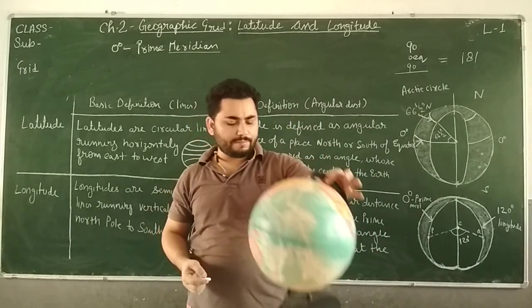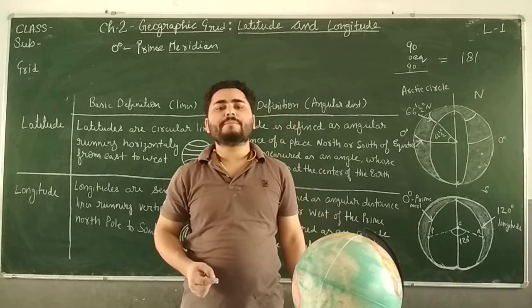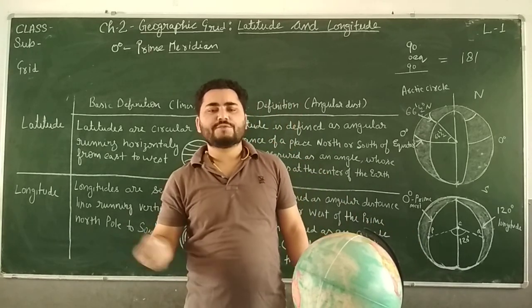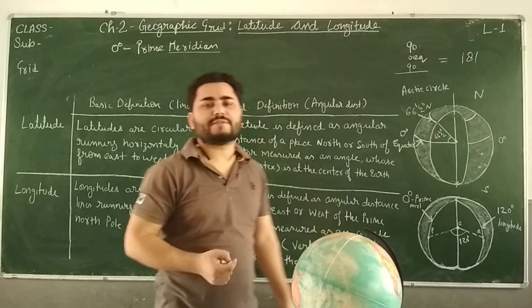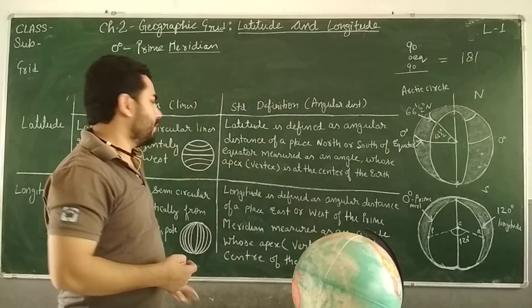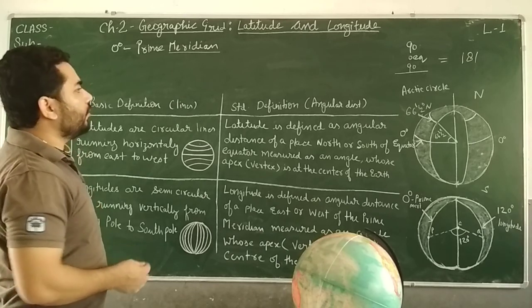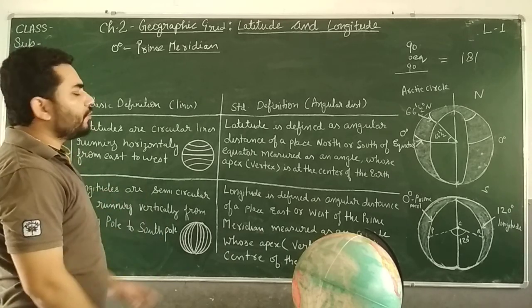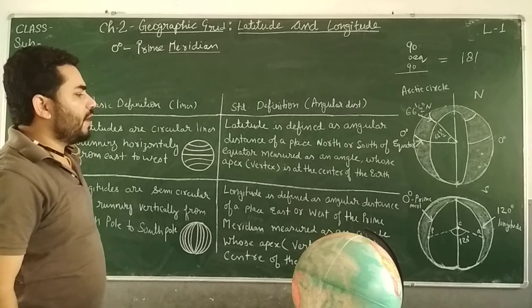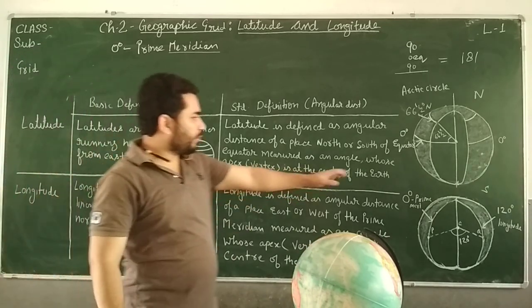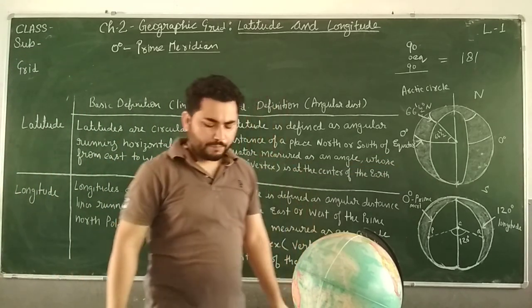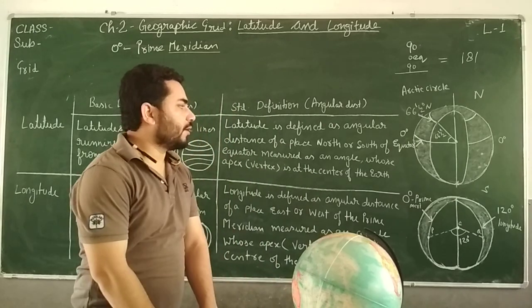Such lines are called meridians. It is a geographic term, that is why we call it a meridian. So that was about lines of latitude and longitude. Not all about it, I was just trying to explain to you this angular concept of latitude and longitude, and I hope you have understood that. We can measure it with the help of these two things and the globe.